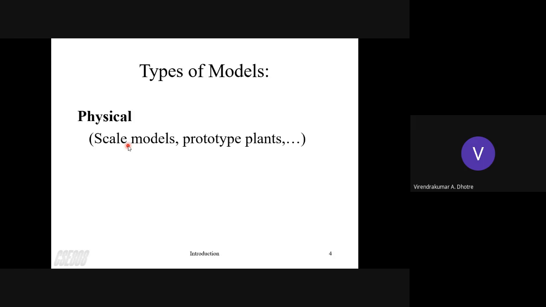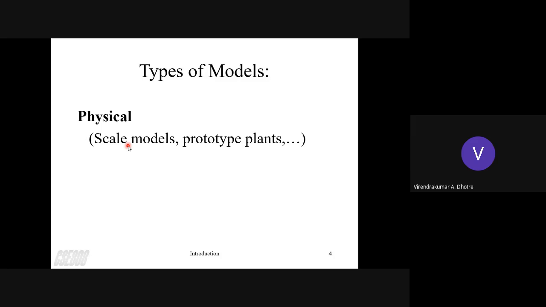Physical, we can say it is like a prototype, a blueprint. For example, in civil engineering, if an engineer designs a building, he creates a similar small model which looks like the actual building, and accordingly the construction is done and the actual infrastructure is created.